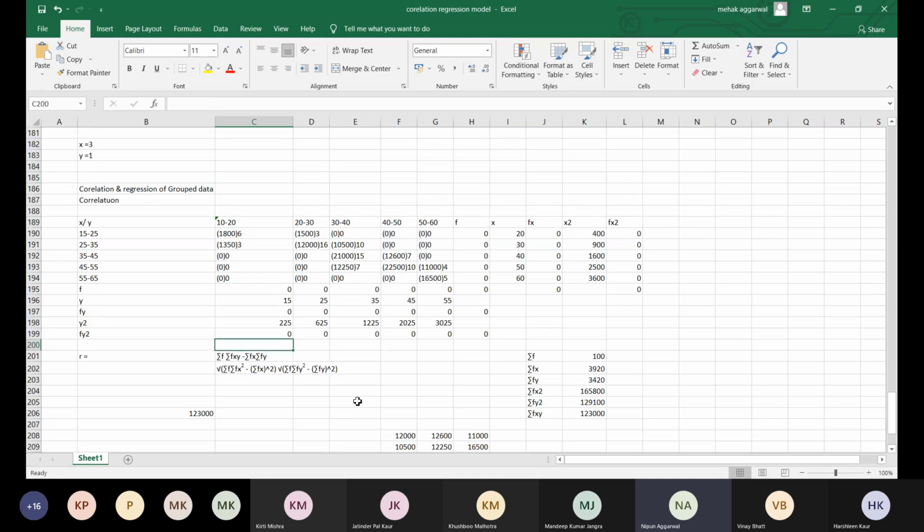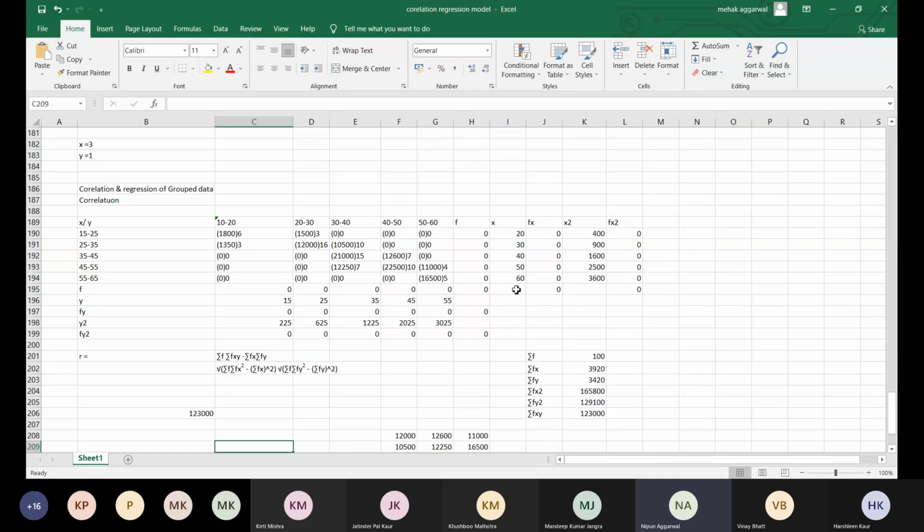So in this way, you can find the correlation coefficient for the grouped data. Okay? If it is not in the continuous form, you can directly use the x. But if it is in the continuous form, you have to take the midpoint. So that is the difference in this case. Clear? Now again, we can apply the assumed mean method also. If you see that the calculations are difficult, here we are doing the calculations on Excel, so whatever the calculation, the Excel is doing it for me. But you have to do it on your notebook.